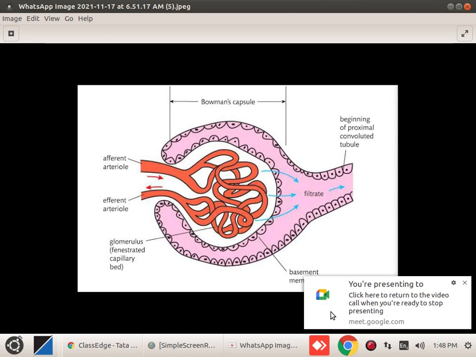Okay. Then you have seen the next part, you can recapitulate also, that is the proximal convoluted tubule. Then after that, the Henle's loop, then the distal convoluted tubule, and then the short collecting tubule, just now we have seen in the Tata classes video, isn't it? And after that, the collecting duct. Now I have prepared a small PPT for you all so that this particular topic in online class becomes clearer to you all. Okay, so let me show you all.